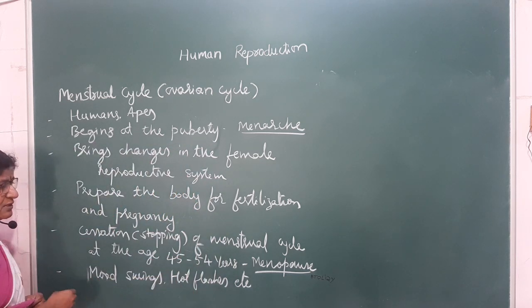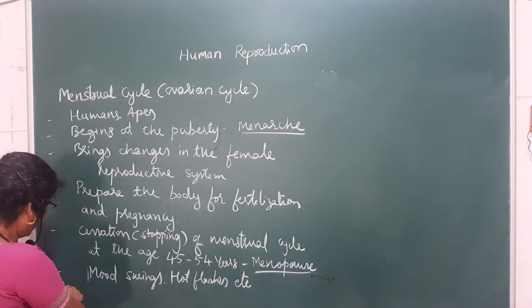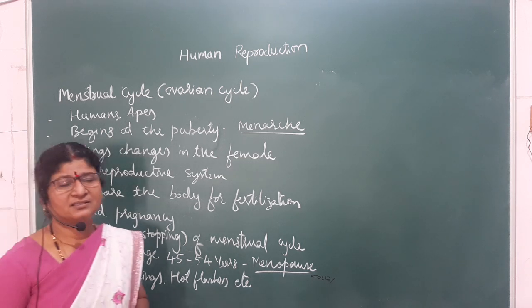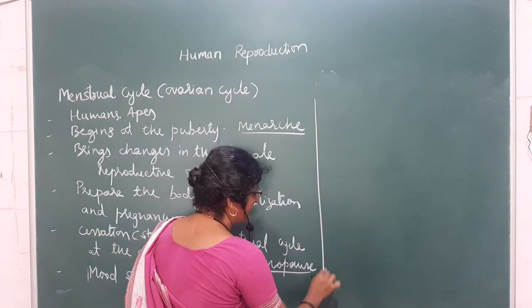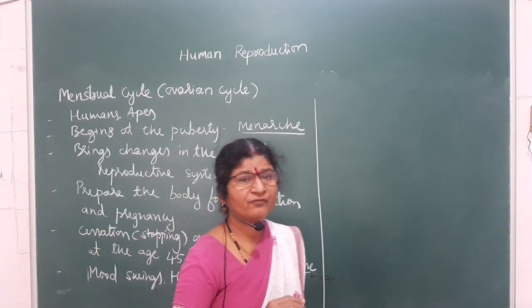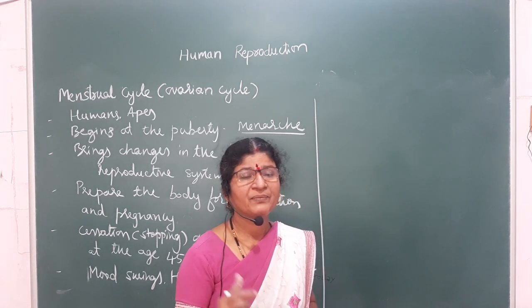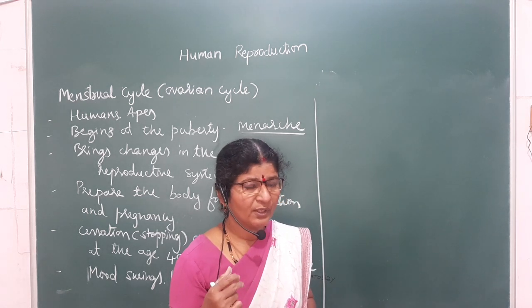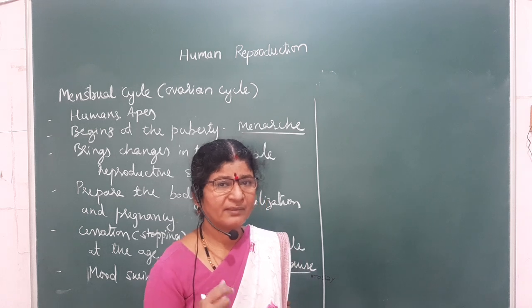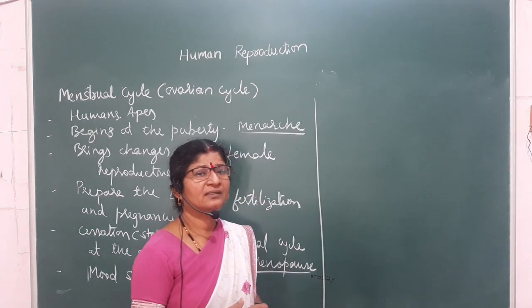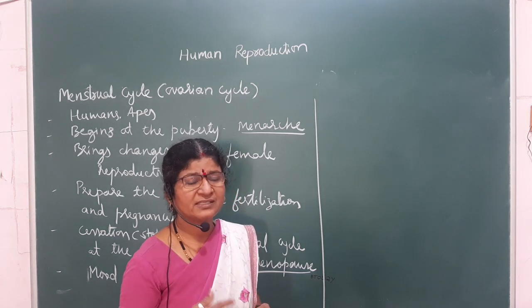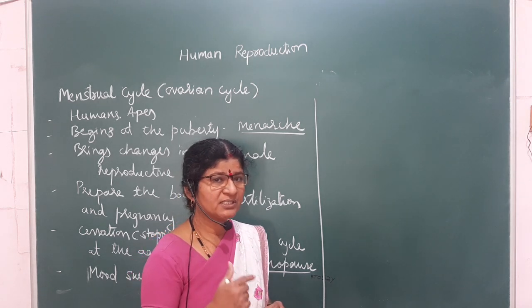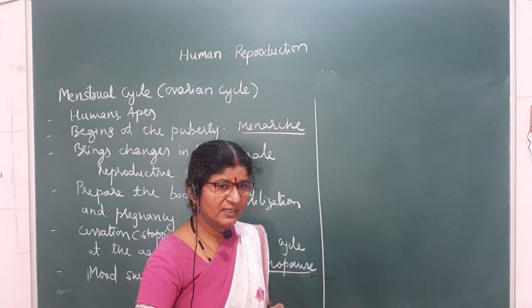Menopause occurs because you know that the follicles in the female are limited. Nearly 400 to 450 menstrual cycles will occur, so 400 to 450 ova are released in the lifetime of the female. After that, the follicles are not there in the ovary for the secretion of the female sex hormones, that is, estrogen and progesterone levels will come down.